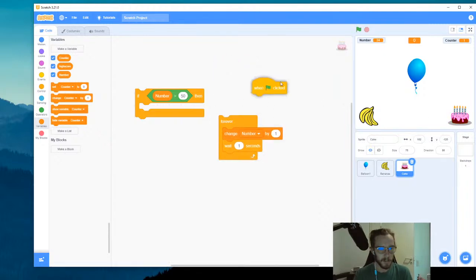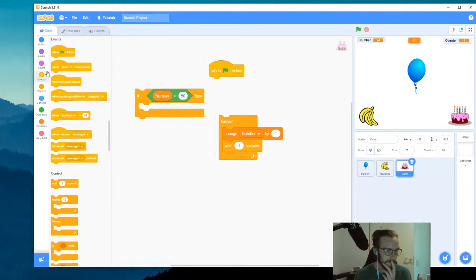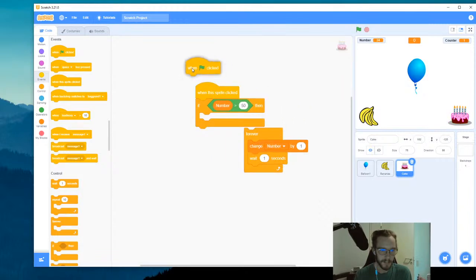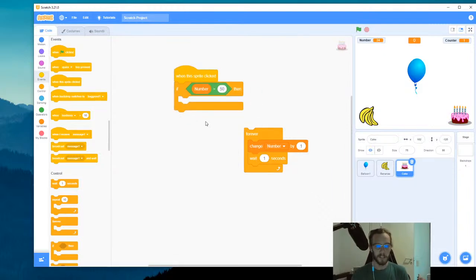So we need to change the green flag here with a click block instead, and you can find this in events. And instead of the green flag here on the top, we're going to go a bit down and find "when this sprite is clicked," and the sprite in this case is our cake. And add this together, and remove the green flag since we're not going to need that. So when we click it, then we will